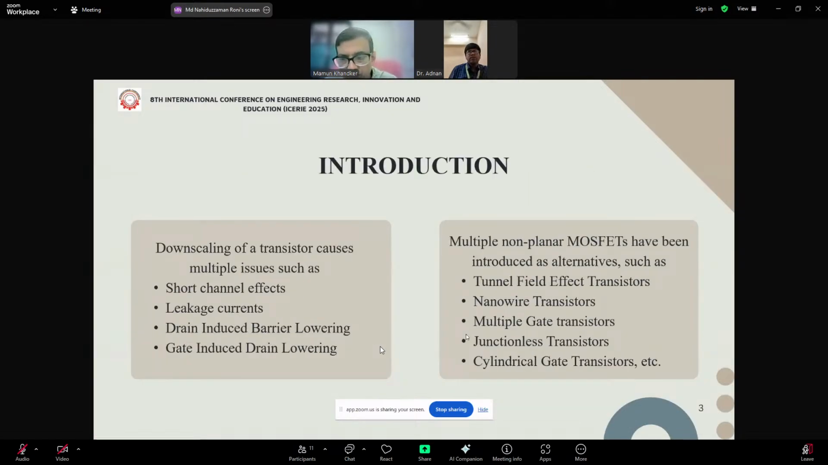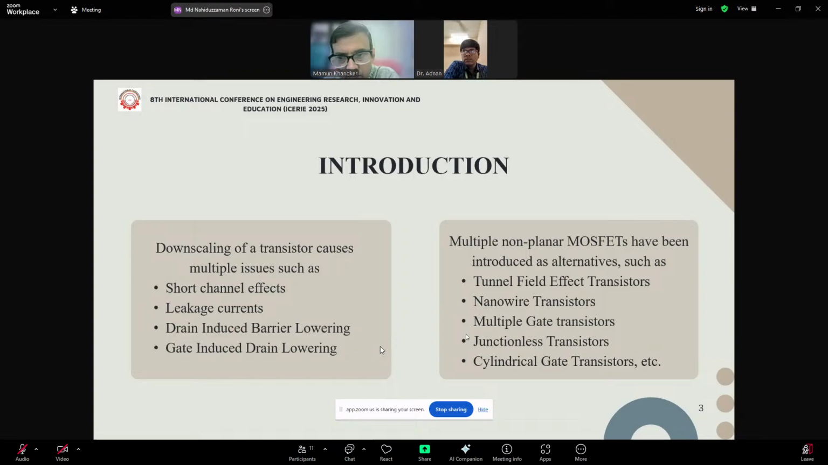We know, according to Moore's law, transistors in a chip double every 2 years, but there are some issues like short channel effects, leakage current, drain-induced barrier lowering like DIBL, and gate-induced drain leakage or GIDL. To tackle these issues throughout the years, many transistors like TFTs, nanowire transistors, multiple gate transistors, gate-all-around transistors, and others